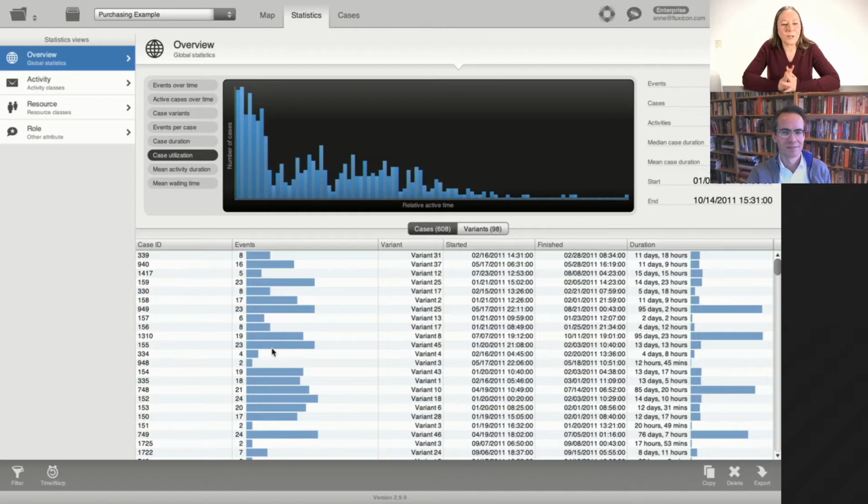And then the last point I wanted to make is to remind you that you can also take different perspectives on the process that you're analyzing. For example, if you're looking at a production process where you have certain parts that are being processed, usually the case you would choose for that would be the material number or the product number.